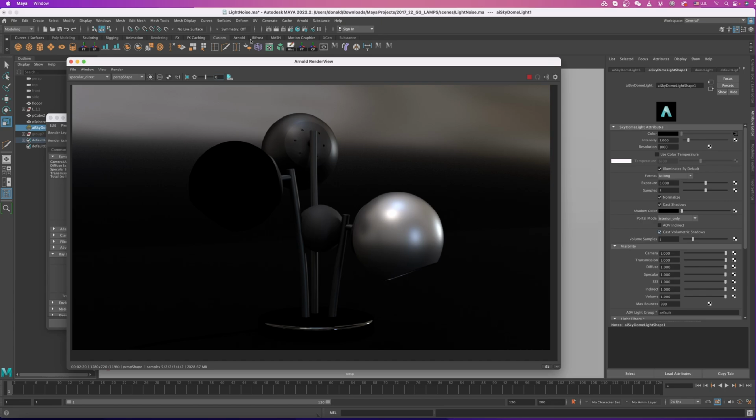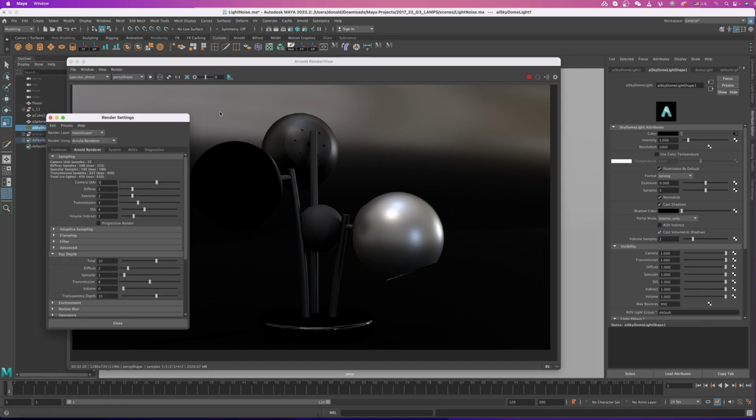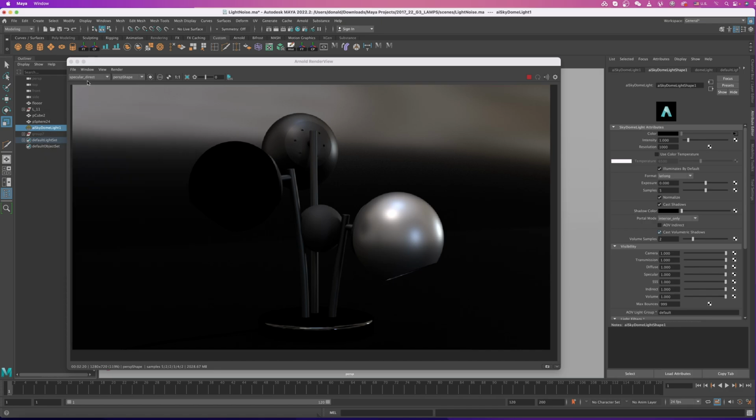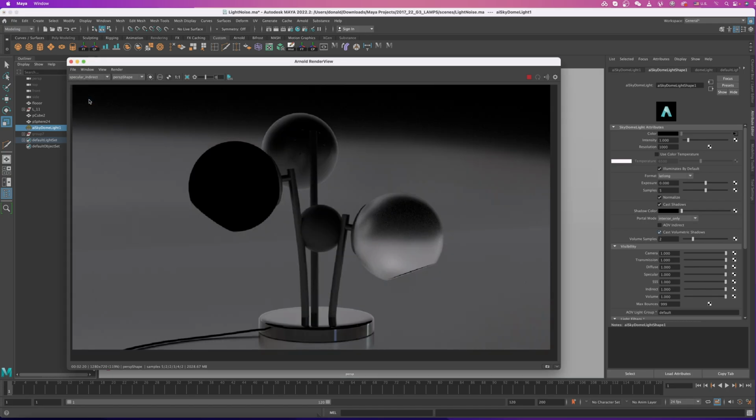So I think we can actually keep this one relatively low, maybe like 3. You can see at 3 the light is already helping it a lot, so we might not have to increase this one so high. So we might even leave it as it is, or just keep it 3 and make this one to be 4. See, so this is the beauty of using these AOVs to diagnose your